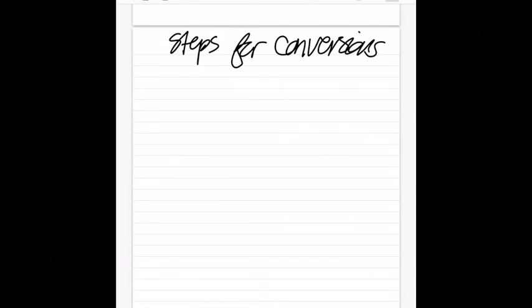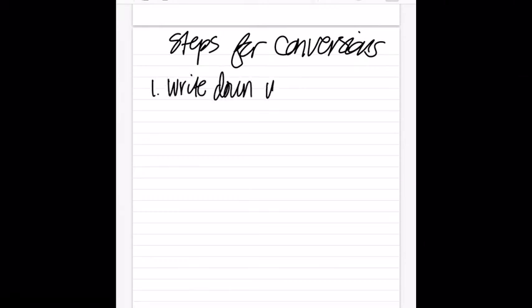Steps for conversions. This also works if we were going to do metric conversions. I could show you how to do that with metric conversions too. But moving the decimal like I taught you yesterday is actually a lot easier. So anyway, step one, write